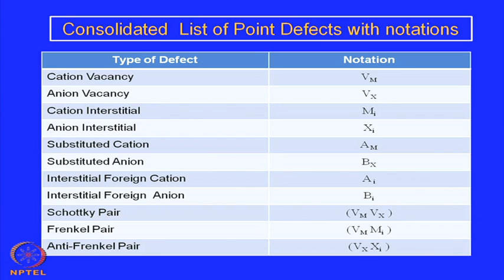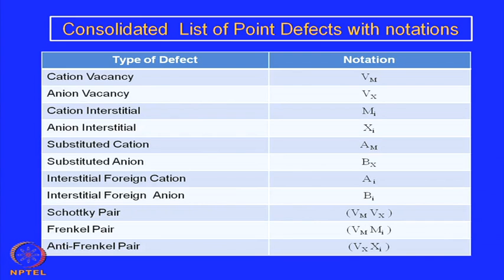Interstitial foreign anion is Bi, and then we have Schottky pair, which is a pair of vacancies, so it is Vm and Vx. Frenkel pair is different: not both are vacancies, one is a vacancy and the other is an interstitial, and both involve M, the metal. That is why it is Vm, metal vacancy, and metal interstitial. That is Frenkel pair, and anti-Frenkel pair similarly in the X or